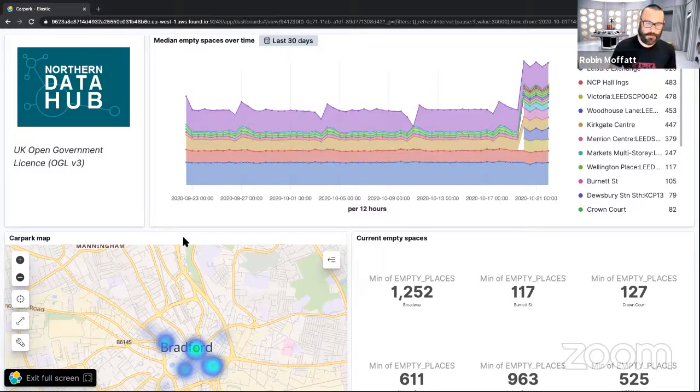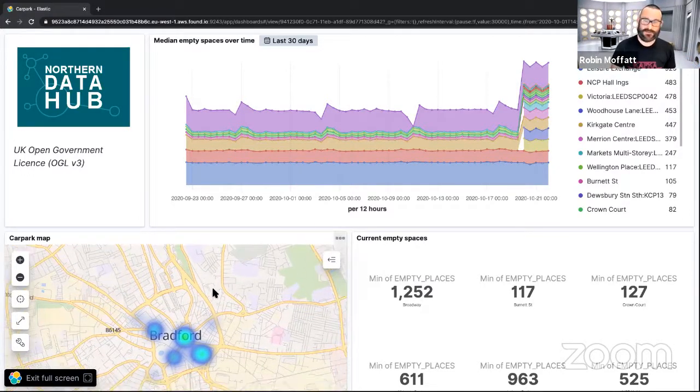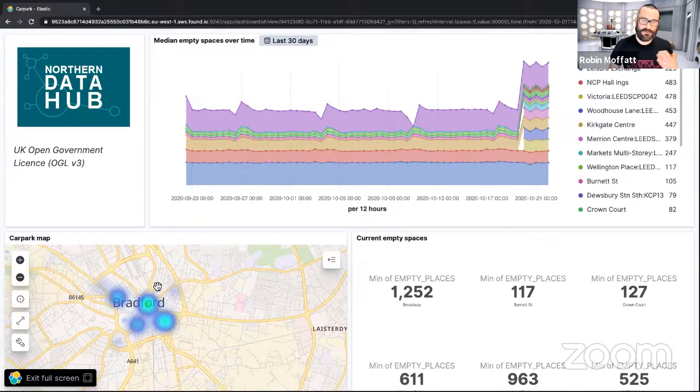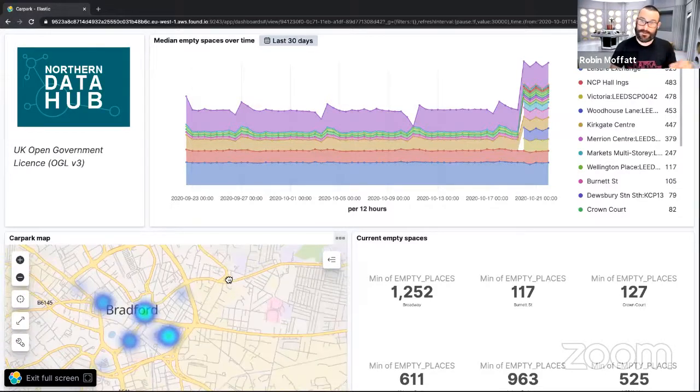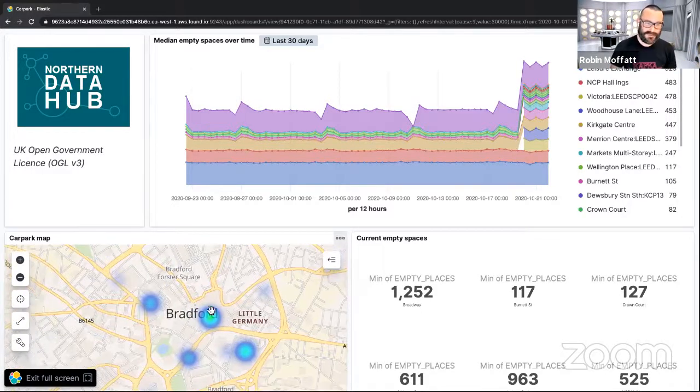We can also see, using that geopoint field that we created, plotting it onto a map. So we've got data for Bradford. You can say, well, it's based on a heat map of the number of empty spaces. This one over here has got the most empty spaces. This area of town, we'll probably head there first. Obviously, we're not going to call up a dashboard when we're looking for a car park,